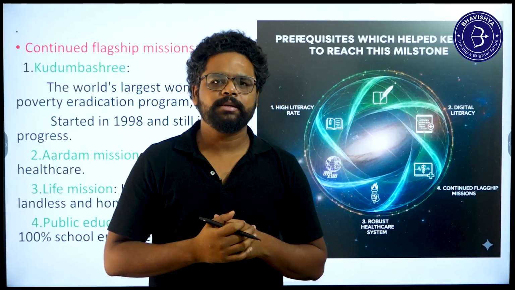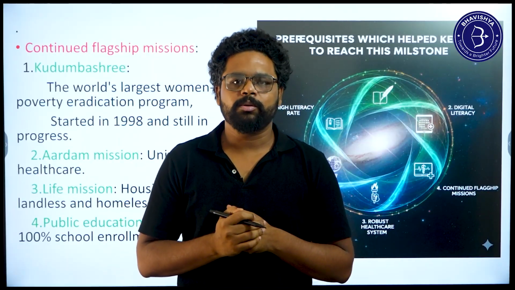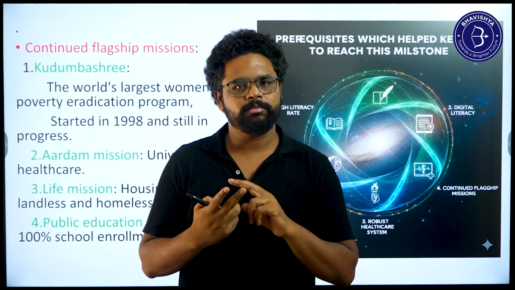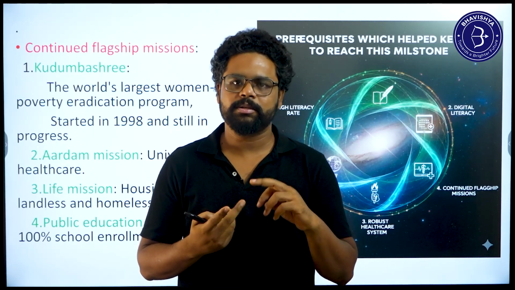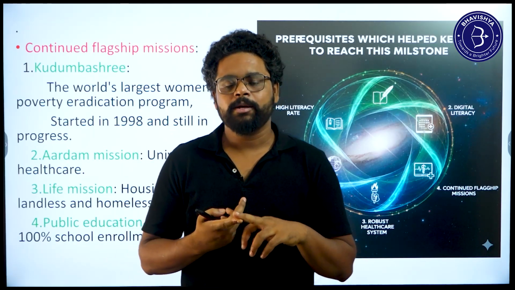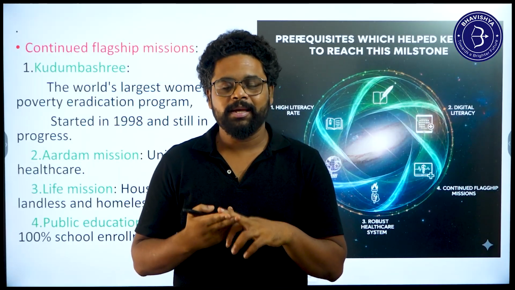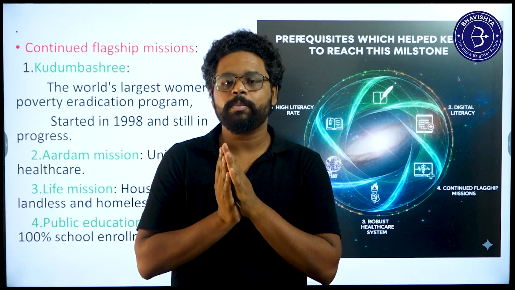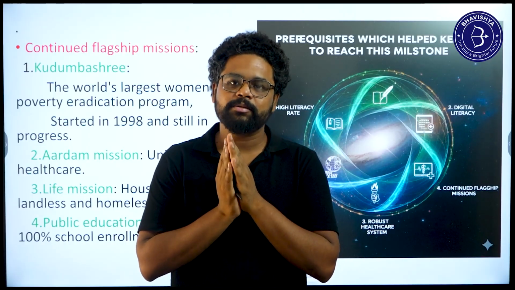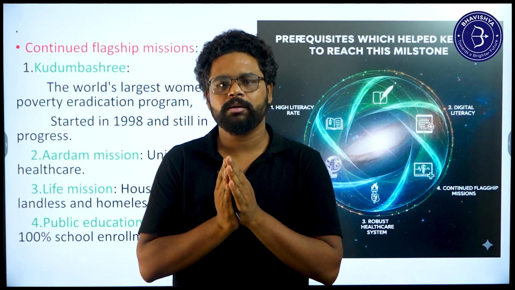See, Kerala is a state which is mostly ruled by basically two parties. One is the Congress and the other one is the communist based party. Though both parties have a different ideology, the aims of those two parties are the same. So that is the reason why Kerala is able to reach this particular goal very easily.